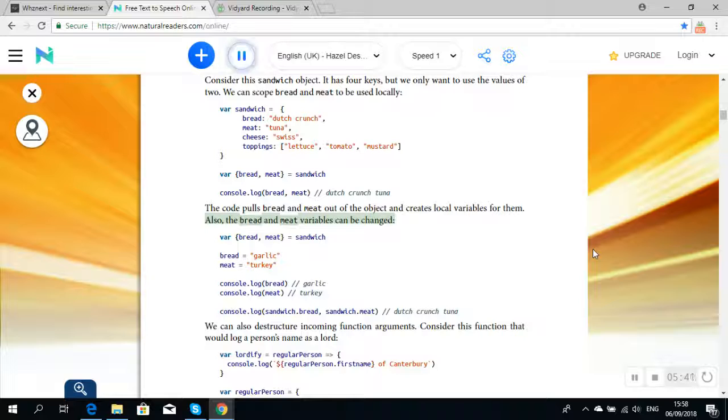Also, the bread and meat variables can be changed. var {bread, meat} = sandwich; bread = "garlic"; meat = "turkey"; console.log(bread); // garlic console.log(meat); // turkey console.log(sandwich.bread, sandwich.meat); // dutch crunch tuna